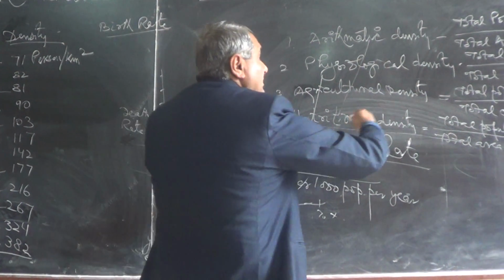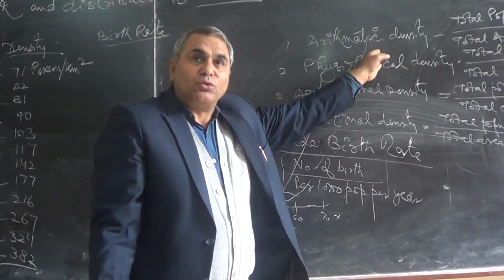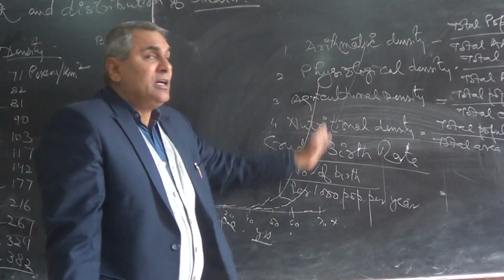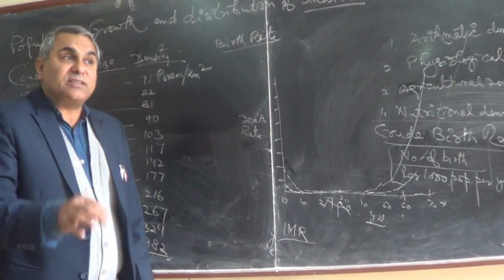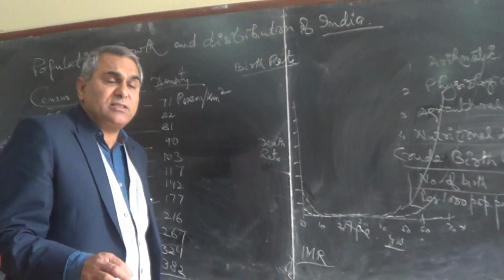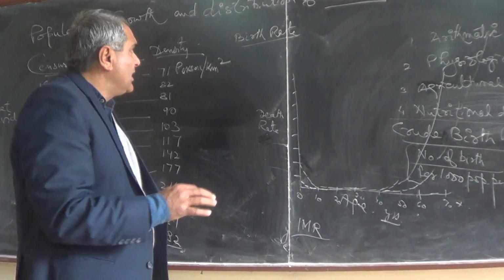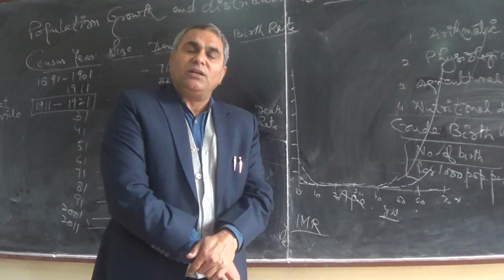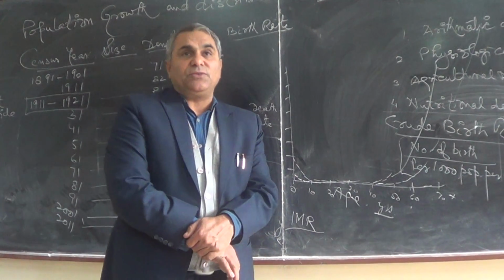Deaths are delayed. People survive up to the age of 100 and more than 100, so 90 plus are common deaths. But in India, the majority of deaths are between 70 and 80, so our average life expectancy is less. So these are the demographic parameters. Since we are discussing the birth rate and death rate, I thought you should know the graphs. In different age groups there are different rates, the age specific death rate.